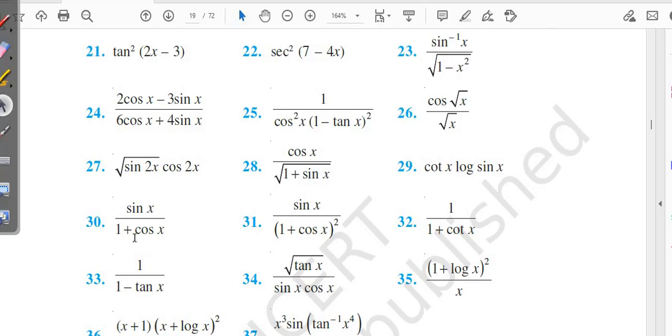Given function, here it is. Given function is sin x by 1 plus cos x. So what is given? Integral sin x by 1 plus cos x dx. So it is not in standard form. So what is the next check we have to do? Any one function's differentiation we have, whether it's related or not, that we need to check. So here sin x differentiation is cos x. Yes, that term we have.